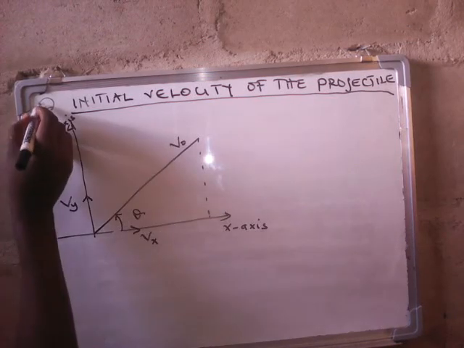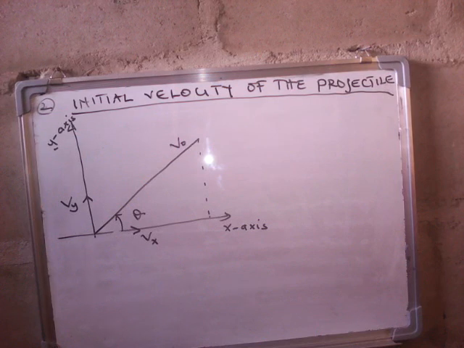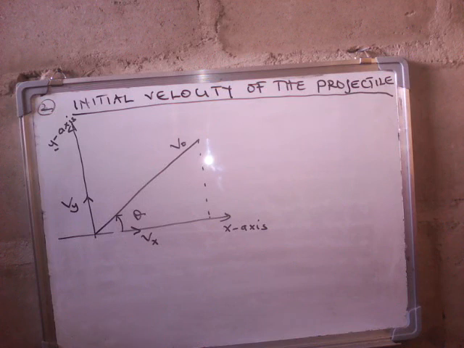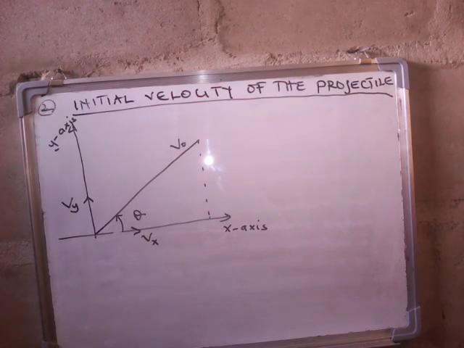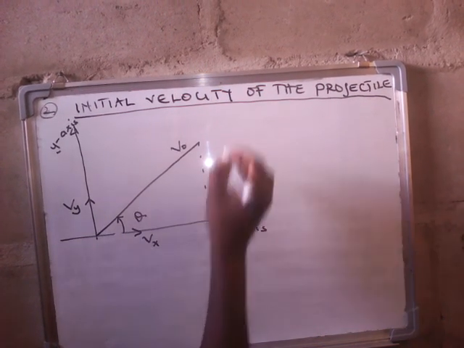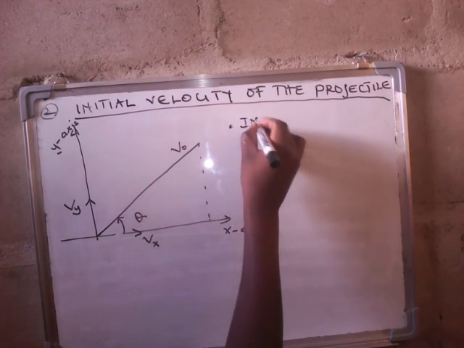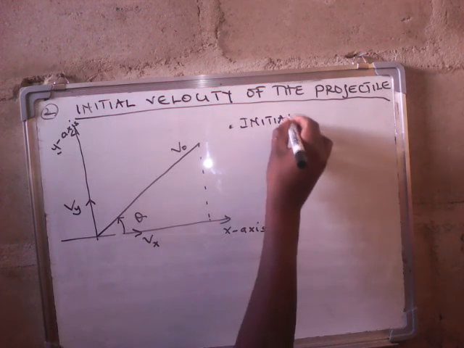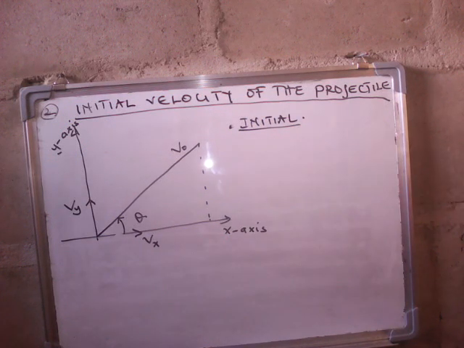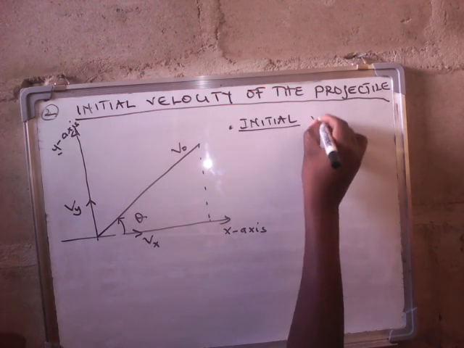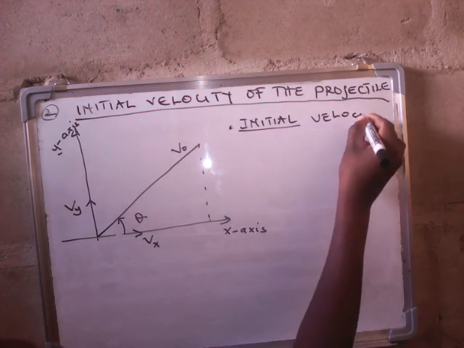Students, we are still on projectile motion, and now we are going on to the second parameter, that is initial velocity. But we all know what is the meaning of initial. If we say initial, what comes to our mind? Initial is something you start with. So if we add another term, velocity,